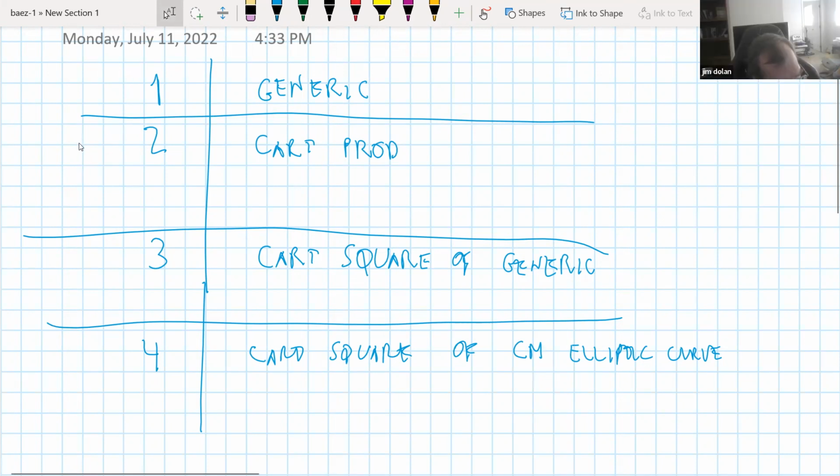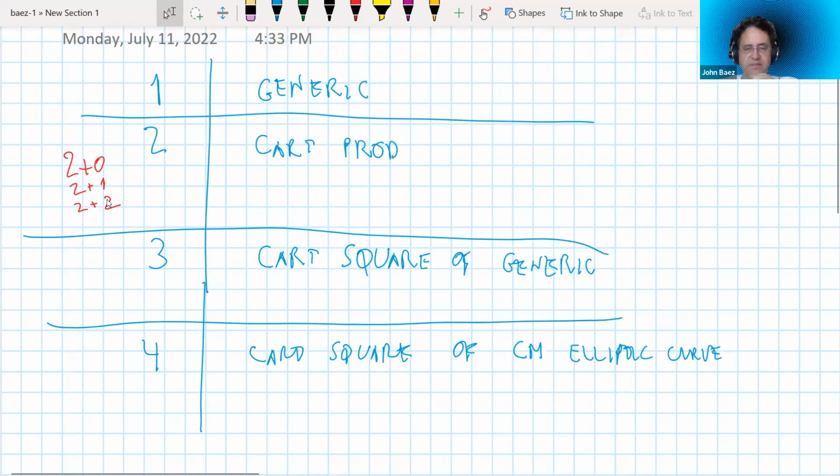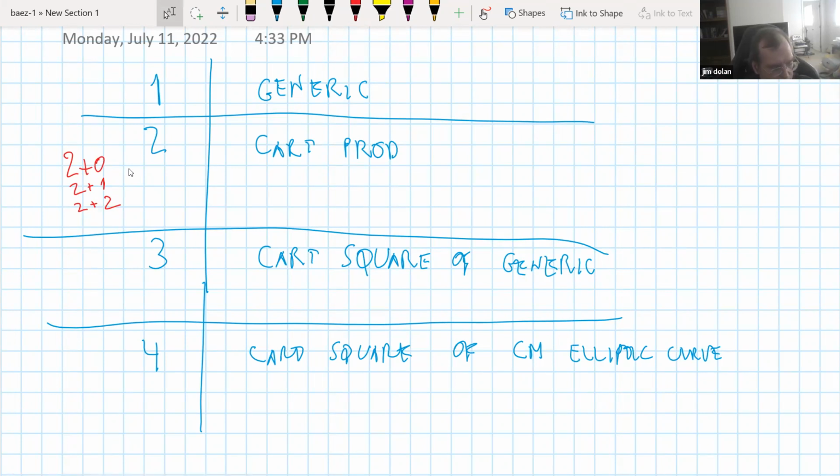So it sounds like you're saying there's 2 plus 0 and 2 plus 1 and 2 plus 2, where now I'm writing these sums of just the self-adjoint part and the skew-adjoint part. I'm also vaguely thinking there is probably some sort of conceptual interpretation of the skew-adjoint part. It's like measuring some symmetry group or something like that.